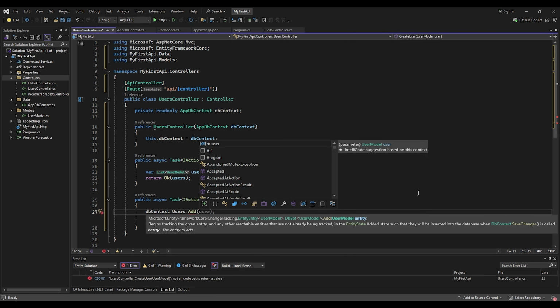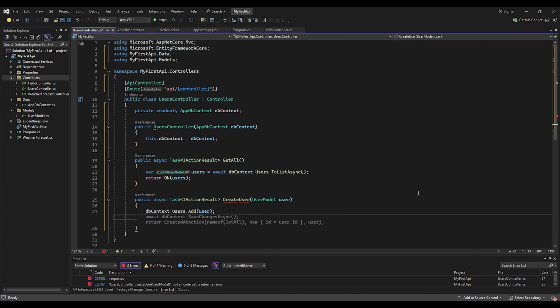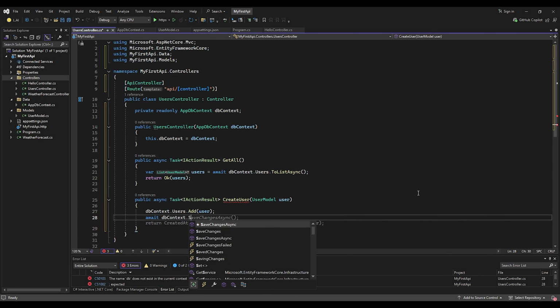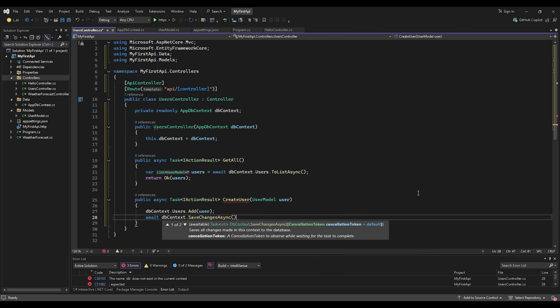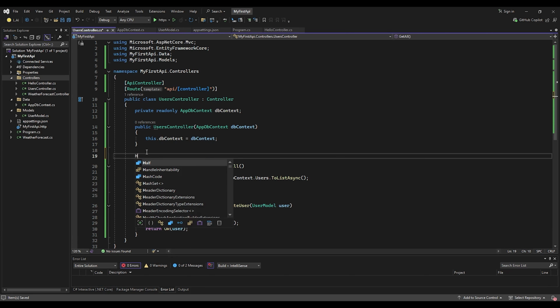After this we have to save what we add, dbContext.SaveChangesAsync(), and return Ok(user). I recommend every time to use async methods, and stay tuned because we will explain everything